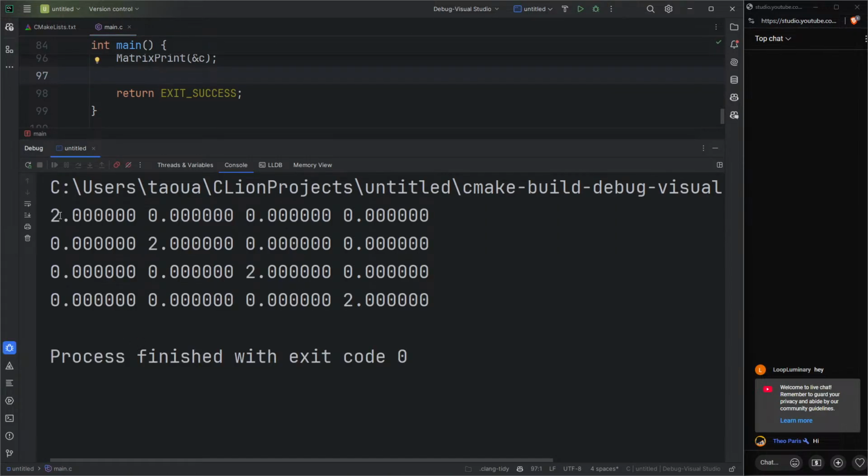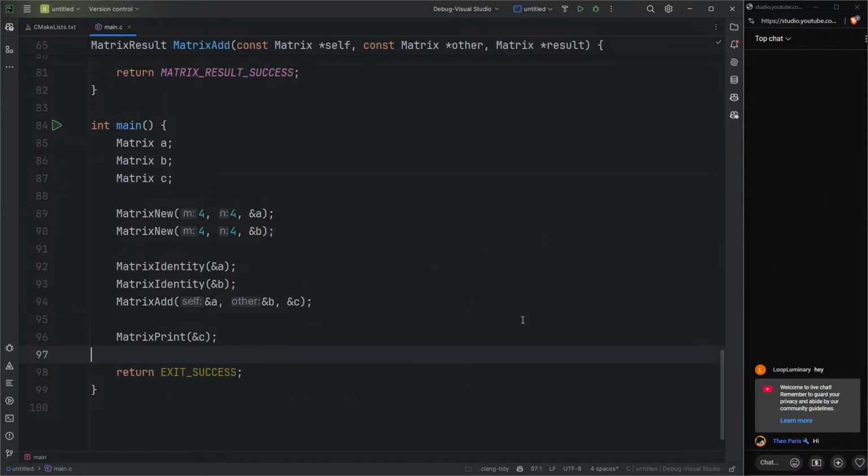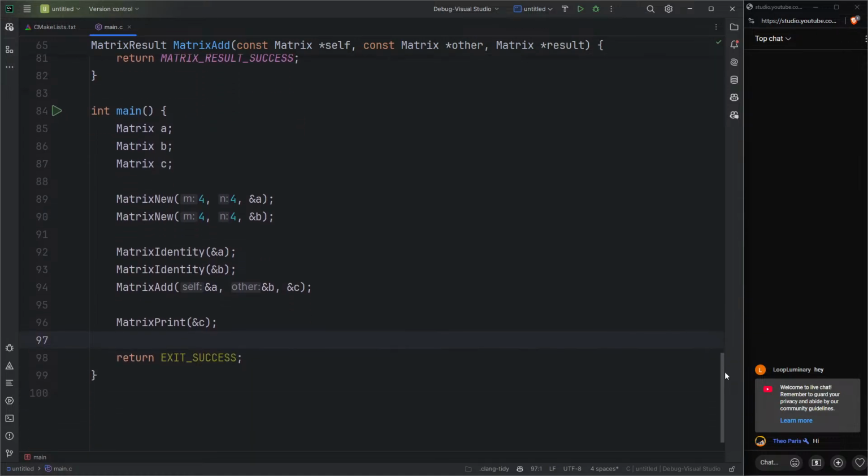And there you go, we actually have added them together, because when you add two identity matrices, you get this. So 2 in the diagonal, right? Because 1 plus 1 is, of course, 2. All right, lovely, cool. Now, one little problem, by the way, with this kind of matrix add design is that